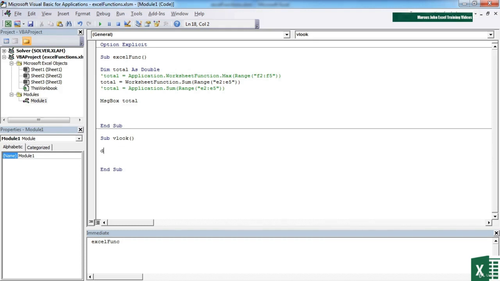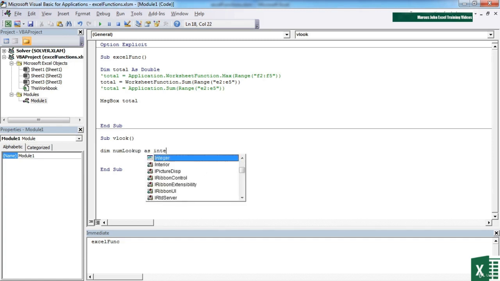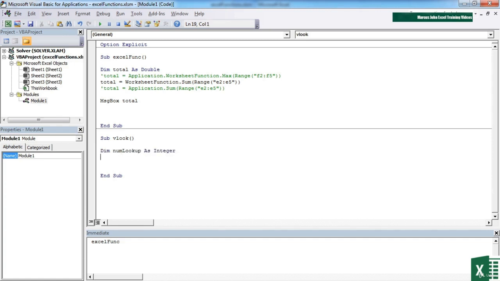Building everything as variables, we're going to need a variable to hold the lookup. So that's dim num lookup as integer. We're going to need something to hold the result in. So that's actually the day of the week. So let's do dim weekday name as string. And then we can work out the weekday name. The weekday name is going to be equal to